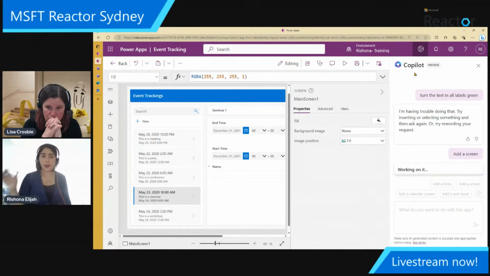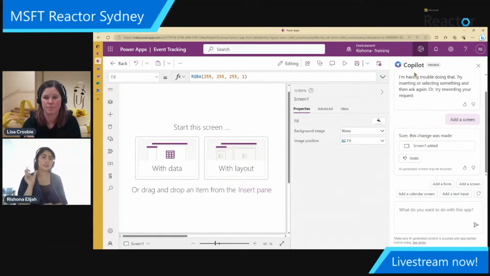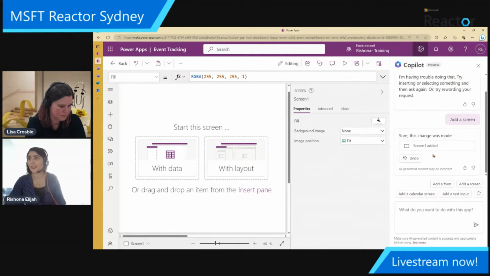But the idea of this Copilot pane that you see within the app now is that you will be able to do things like tell it to add a screen for you, change the text size of all the labels on my app. And then also there'll be a part that we'll use this for creating our formulas. So if you're familiar with the ideas feature that's in Canvas apps at the moment, it's similar to that, where it will generate formulas for you for Power Fx. You'll be able to do that directly from Copilot and then easily apply that to your components as well. So hopefully no more needing to remember formulas every time you need to try and get your app to do something.